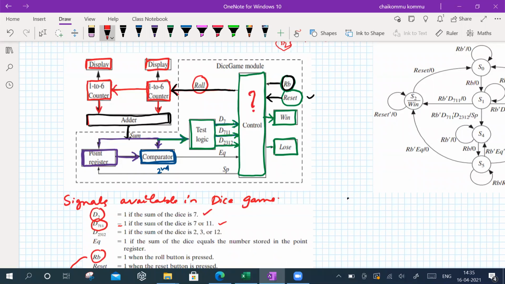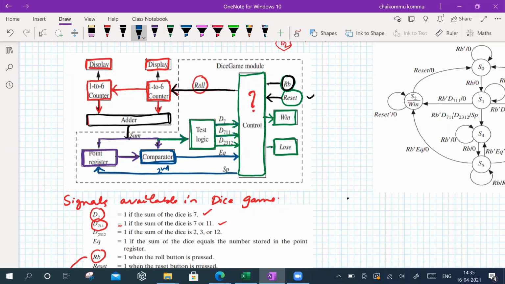Okay, so therefore with the help of these input signals, of course this is also one input signal, both are equal, then it will give this information and then it can say that it is winning the game. Okay, and it has also generated a pointer, that means we have to store the pointer, the enable signal for the pointer actually.